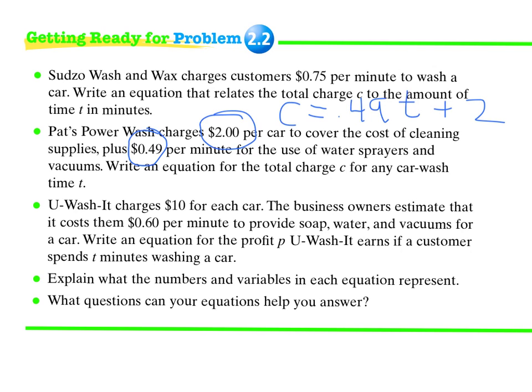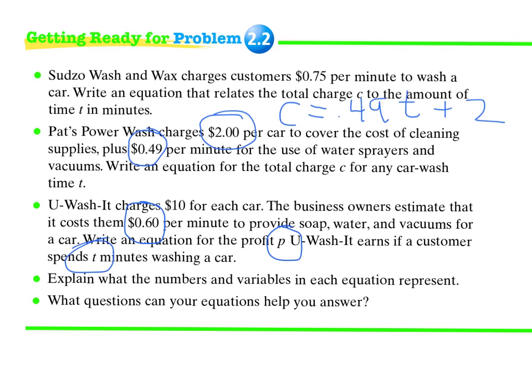And moving on to You Wash It, they have a different set of information. It's $10 for every car, and that's the customer's charge. But this situation wants us to come up with an equation for the profit of the You Wash It owners. So the profit P becomes our dependent variable because it depends on something, and that's T, how long a customer uses their car wash. The rate here is 60 cents per minute that a person uses the car wash. So our